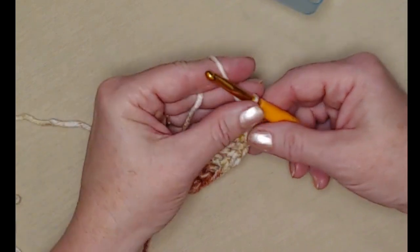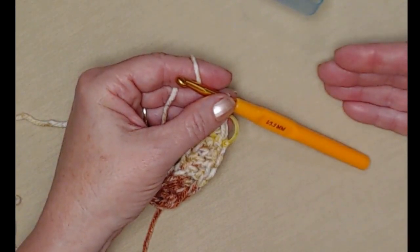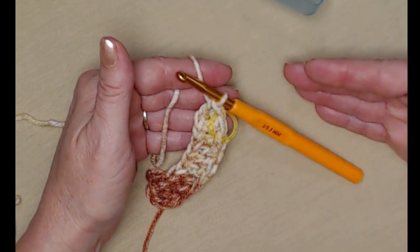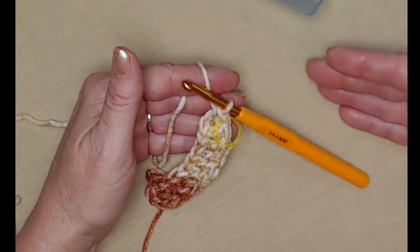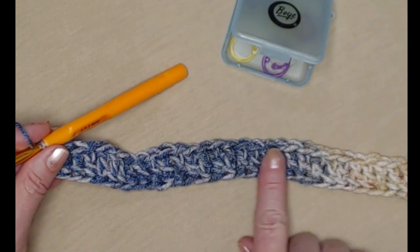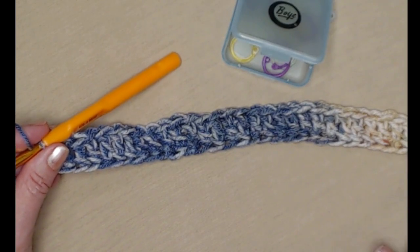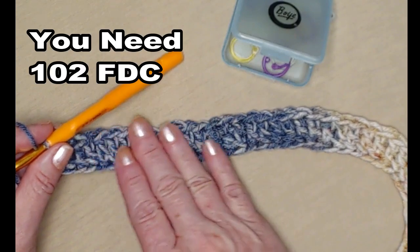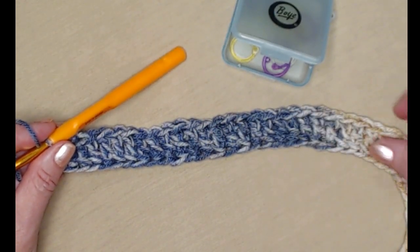All right, so you need to stitch 102 foundation double crochets. I'm making a swatch, and so I'm only going to do 54 foundation double crochets to show you how the pattern and the repeats work. I've completed my row, and again I'm doing 54 stitches because I'm doing a swatch. You'll need to have for row 1 102 double crochets. All right,